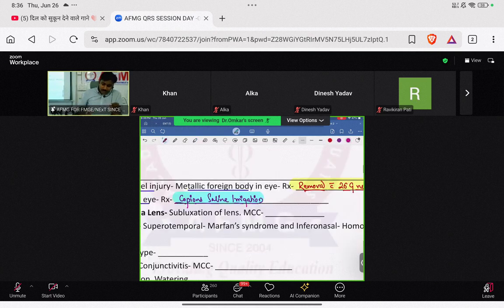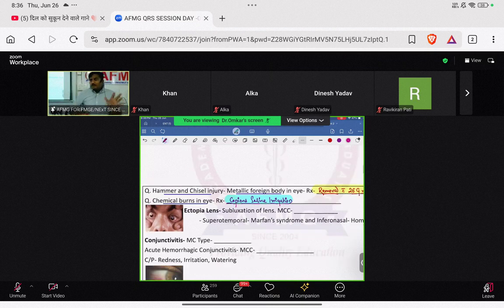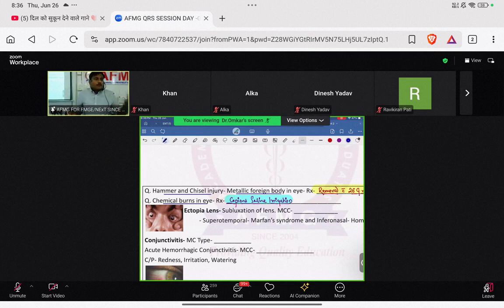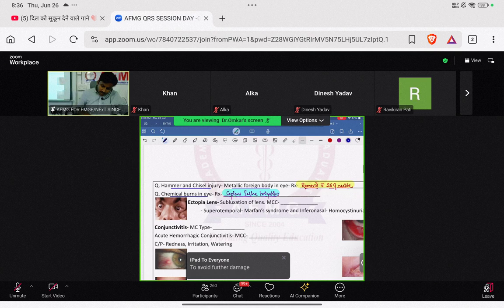What is the reason? Why in chemical burns do we do copious water or saline irrigation? Don't we go for neutralization, if it is an acid add an alkali? No, neutralization is never tried. Why is washing done? To decrease the contact period between the chemical and the surface, to decrease the risk of injury. Clear? That is what is important to remember.